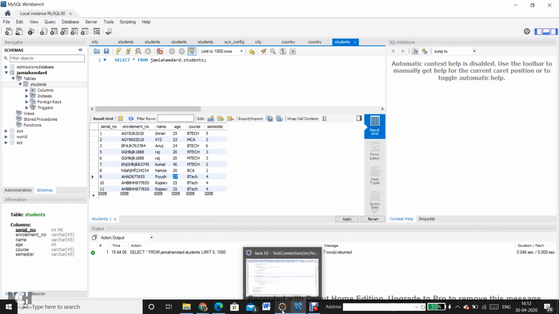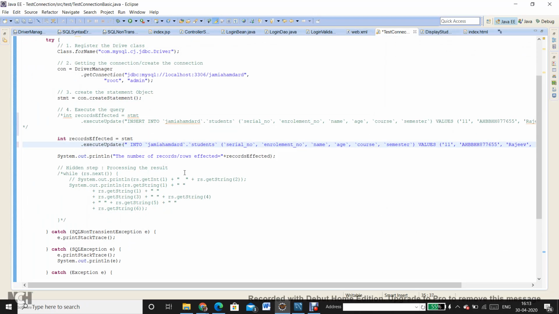Now let's try to do the same thing with record number 10. I want to change the course of Rajiv from BTech to MTech. Let's promote him from BTech to MTech. Let's keep the rest of the statement the same.